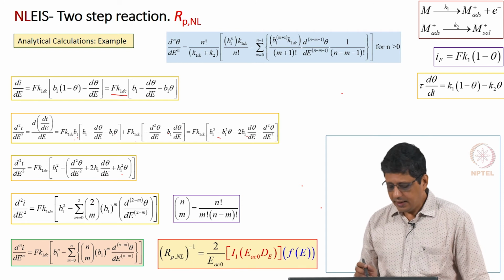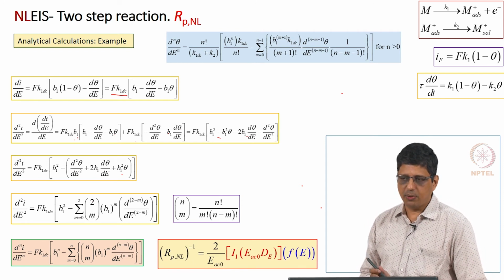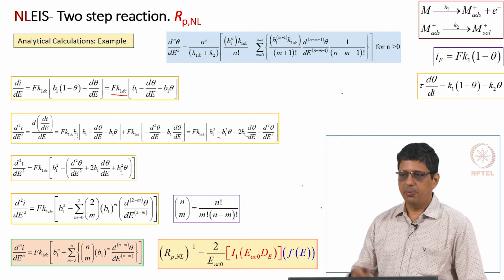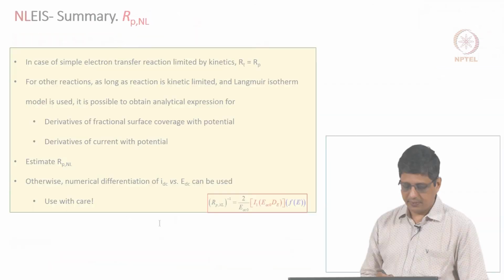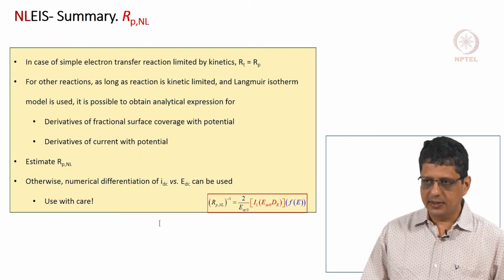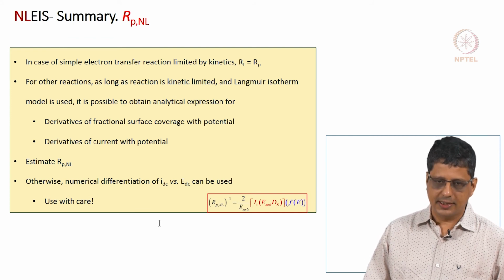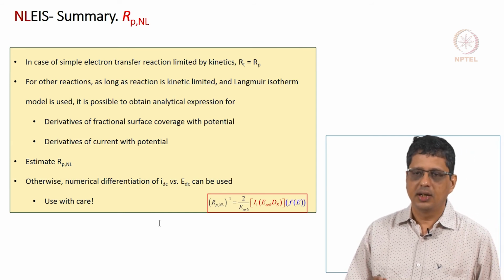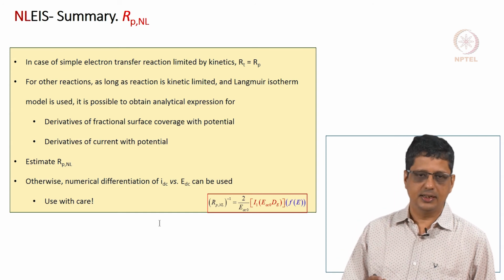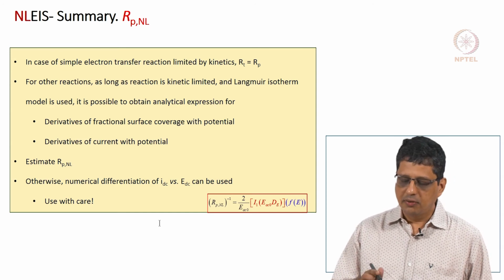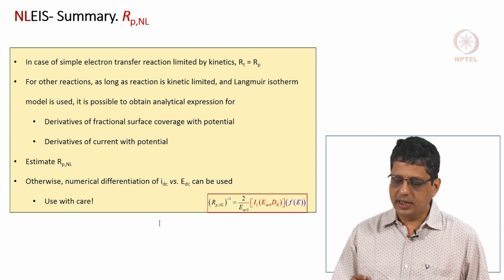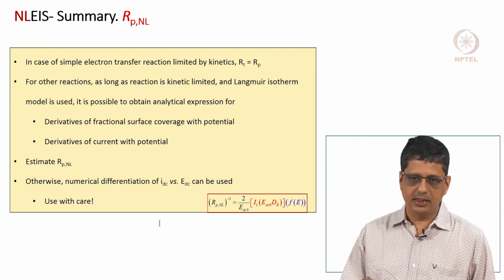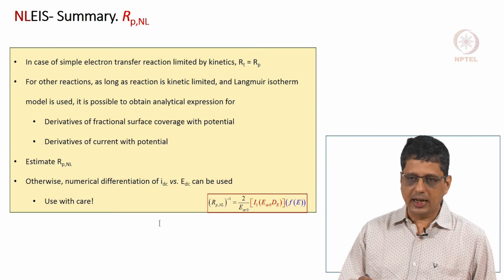So, the point is it is lengthy, but it is doable, and once you write a program for it, it is actually pretty fast. So, we do not need to solve the ODE, you do need to write a program for calculating these values. So, in summary, in case of simple electron transfer reaction, charge transfer resistance and polarization resistance are the same as long as it is limited by kinetics, assuming that mass transfer is rapid and solution resistance is not high. For other reactions, as long as we can say that kinetics limited and Langmuir isotherm model is applicable, we can estimate the polarization resistance using analytical expression,